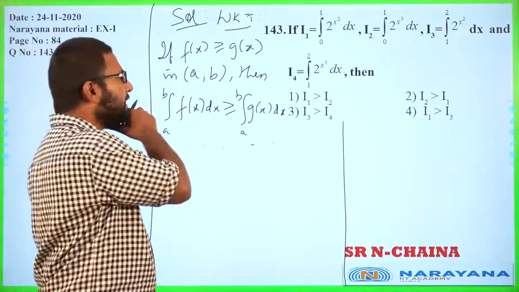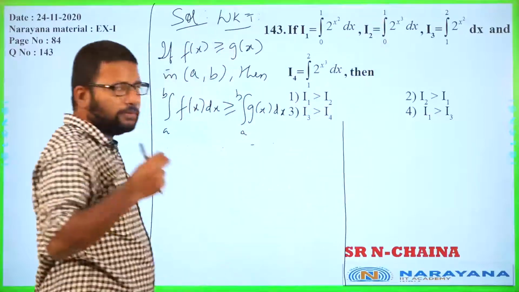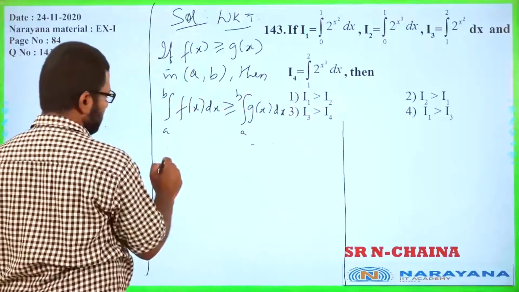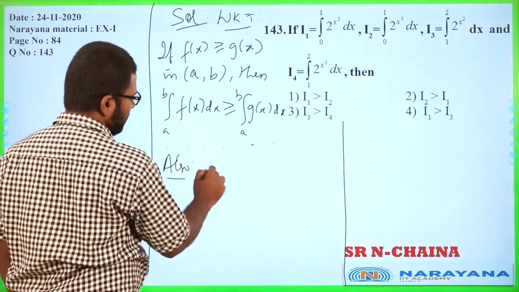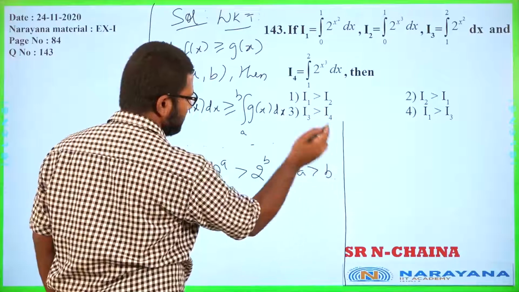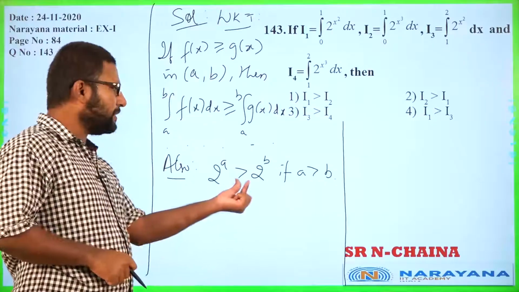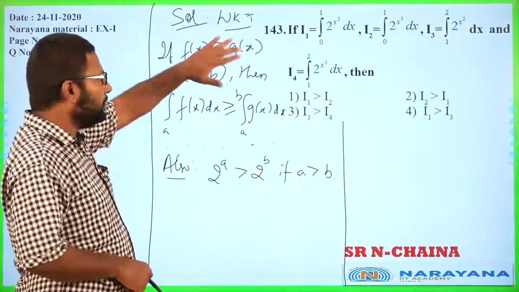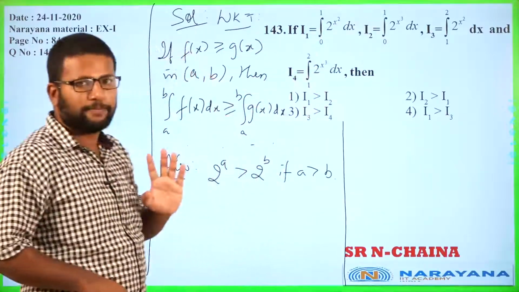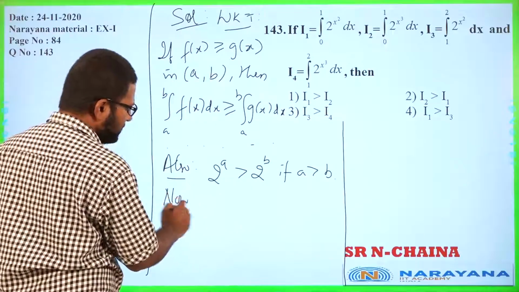Alright. So in this case, let us first look at 0 to 1, x square and x cube. Now why am I ignoring the 2? Because we know that another thing also, 2 raised to a is greater than 2 raised to b if a is greater than b, again because 2 raised to x is an increasing function. So comparing using these two, we can just conclude that we only have to compare the powers within those given limits, right?